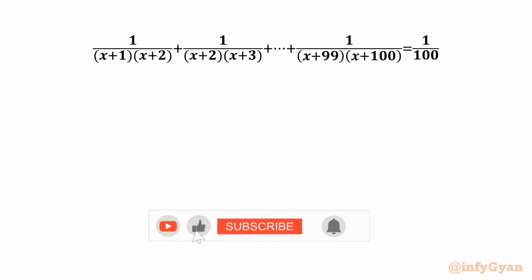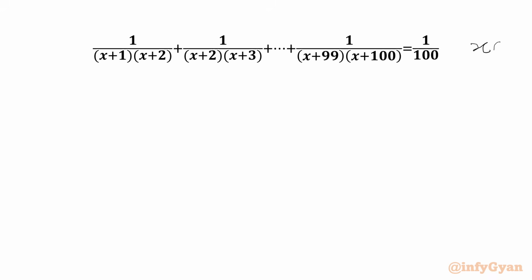Today in this video, we'll be solving another very interesting question from rational equations for the real values of x. So let's get started with our left hand side. Let's find the general term of LHS. So we'll write general term as GT, which will be equal to 1 over